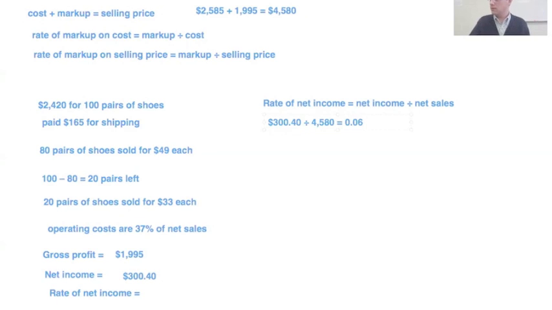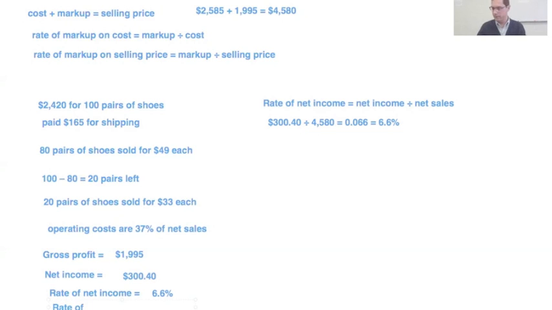0.066, or as a percent, 6.6%. There we go. So rate of net income is 6.6%. Look at the book, see if I'm right. Yay, I'm right. And I just realized that I forgot to put down here, we also need to find the